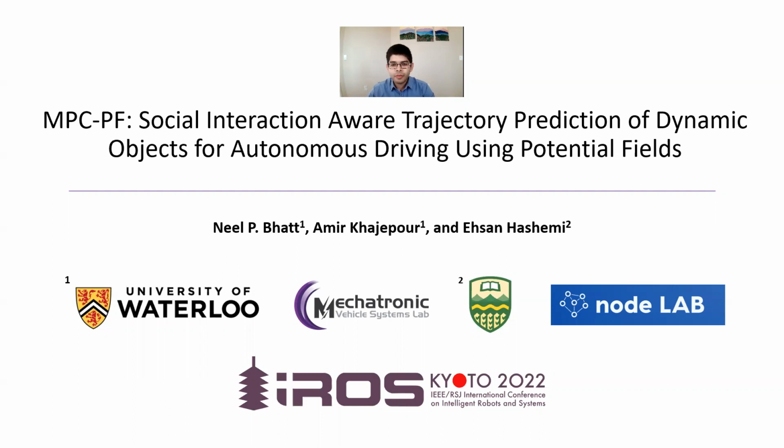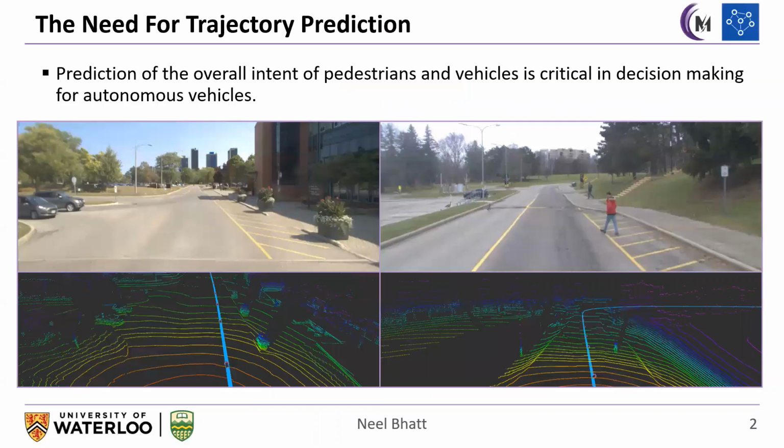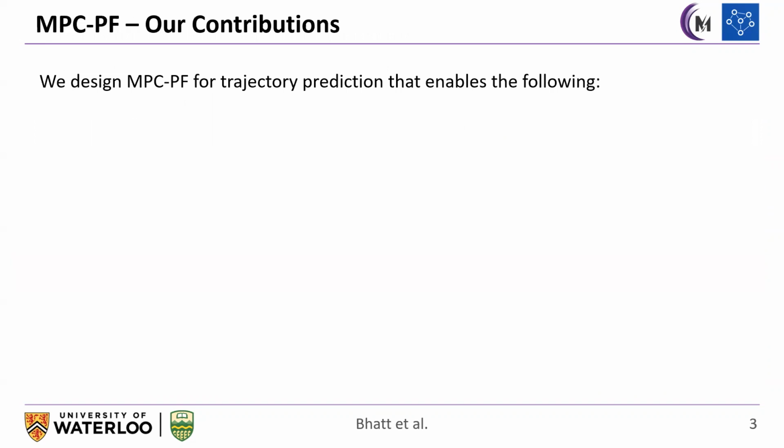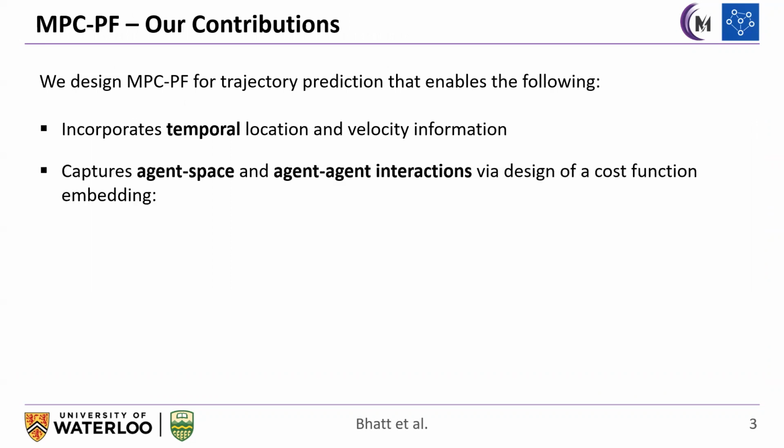I will begin with motivating our work by emphasizing the need for trajectory prediction. Prediction of the overall intent of pedestrians and vehicles is critical in decision-making for autonomous vehicles. To this end, we propose MPC-PF, our trajectory prediction module, which incorporates temporal location and velocity information, as well as